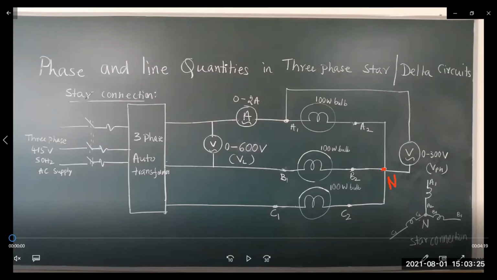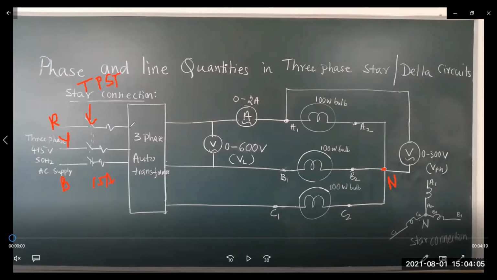Let us see how we can make the connections. We have the three-phase supply, R, Y, B, just for convenience. We have a 15 ampere fuse, and a TPST switch, which is already available inside the socket. I already explained different types of switches in my previous video. If you haven't watched, please go through the links in the description box. This is your TPST switch, triple pole single throw switch.